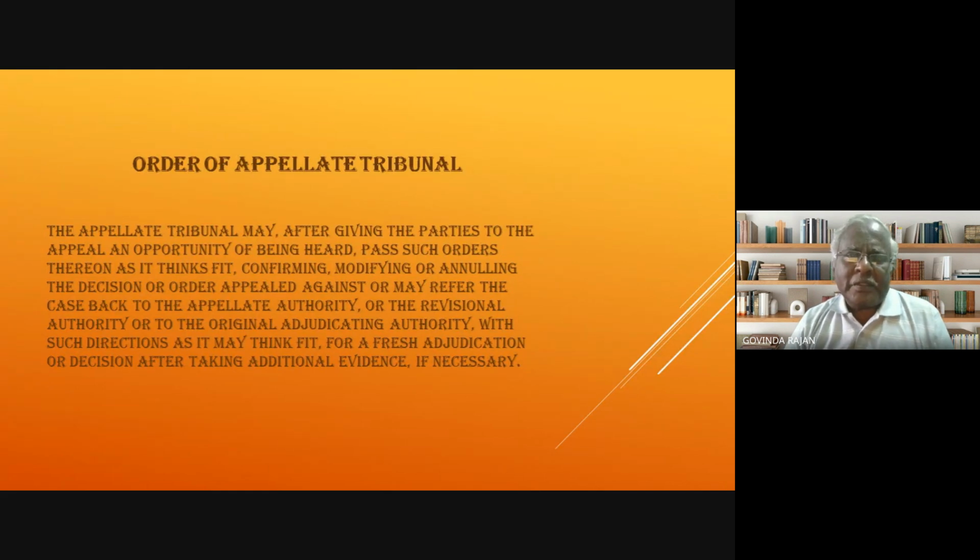Order of the appellate tribunal. So the entire procedure is over, and the tribunal gives its order. The appellate tribunal may, after giving the parties to the appeal an opportunity of being heard, pass such order as it thinks fit. It may confirm the appeal, or it may modify the appeal,